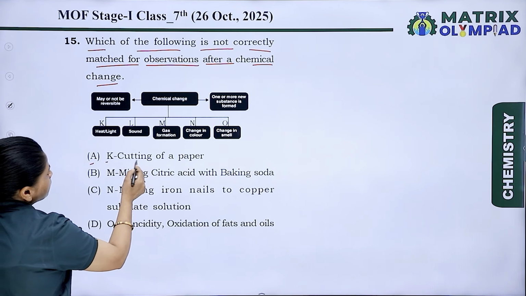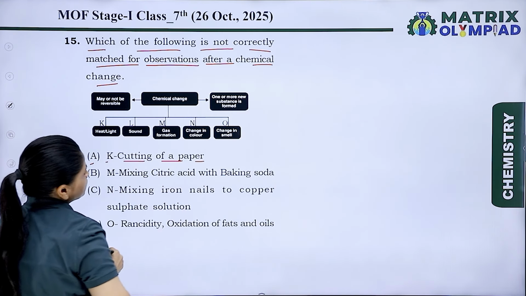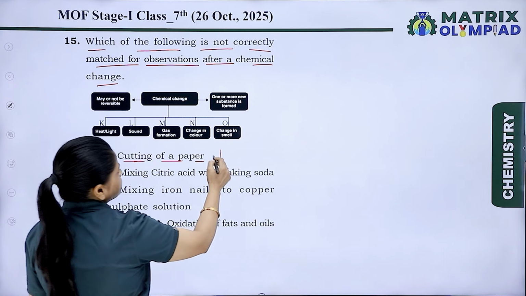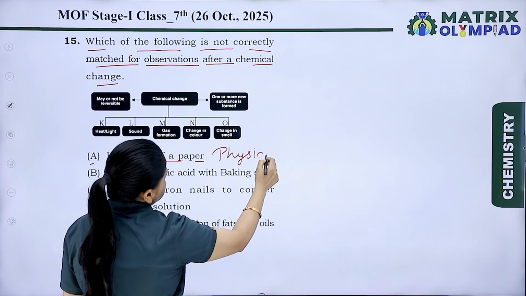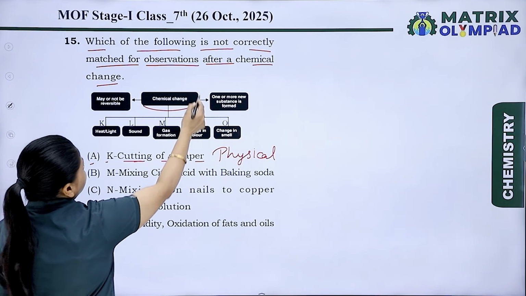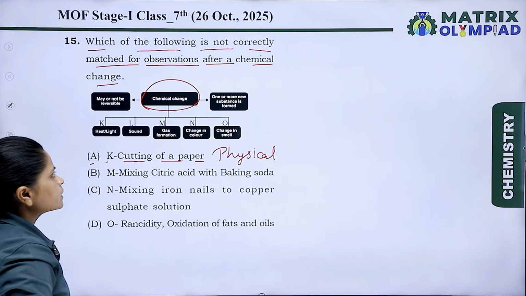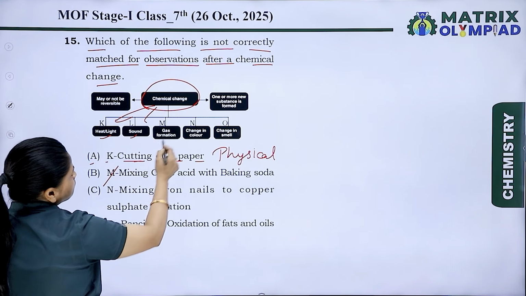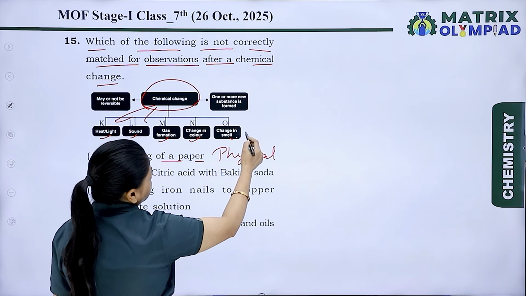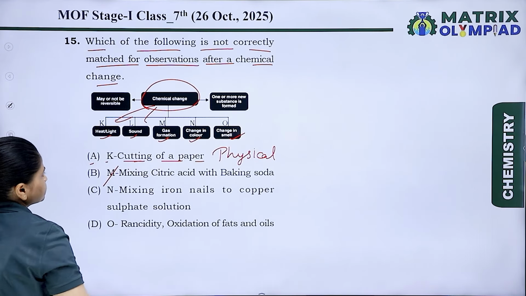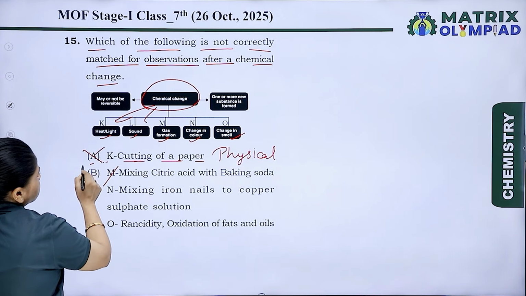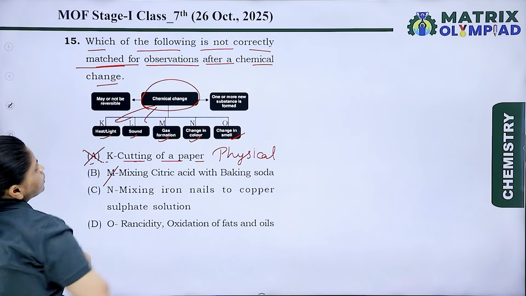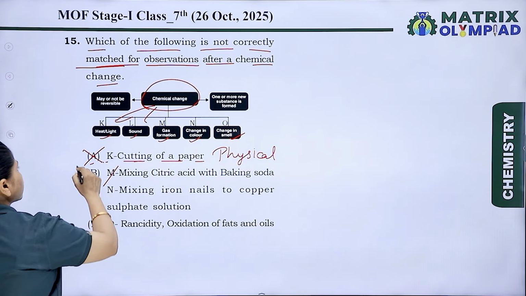A, cutting of paper, and we know that cutting paper is a physical change, not a chemical change, and here the flow chart is about chemical change and the observations: heat and light, sound, gas formation, change in color and change in smell. So K is not correctly matched and we have to choose the not correctly matched one, so option A will be